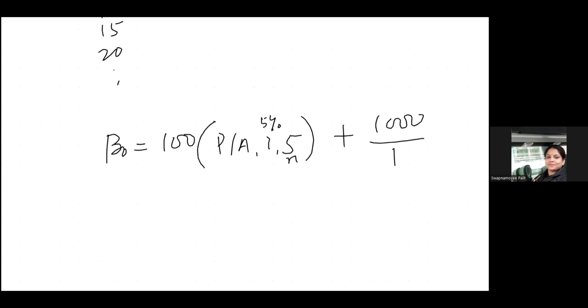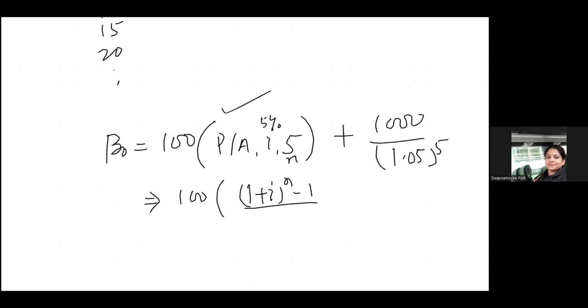This is your overall payment. So what is your formula? This is your 100. Remember this fifth formula. Your fifth formula was what? 1 plus I to the power n minus 1 by I into 1 plus I to the power n. Okay. Plus this value is there. So if I solve it,